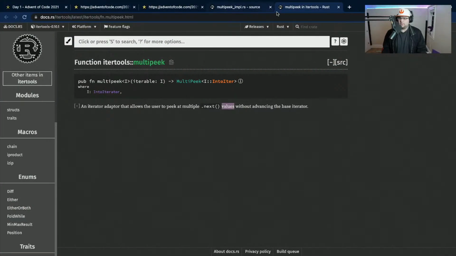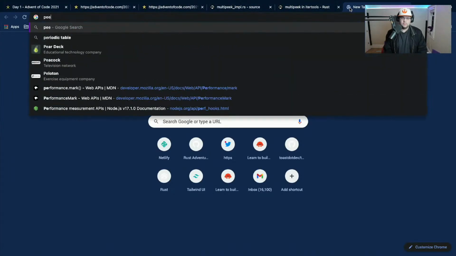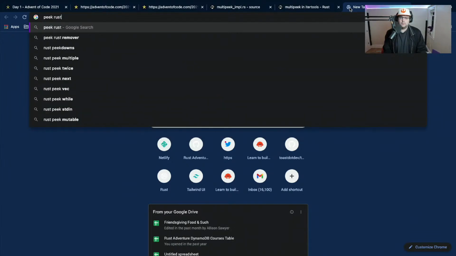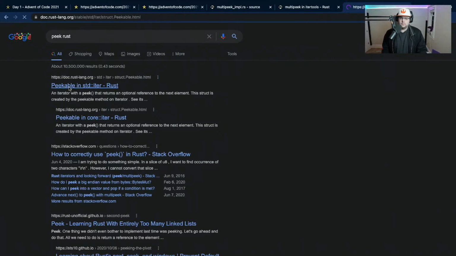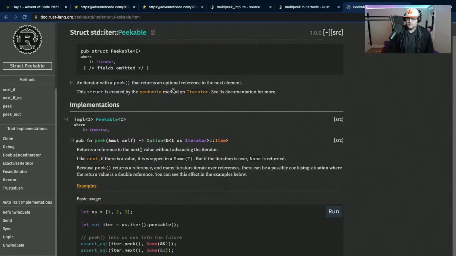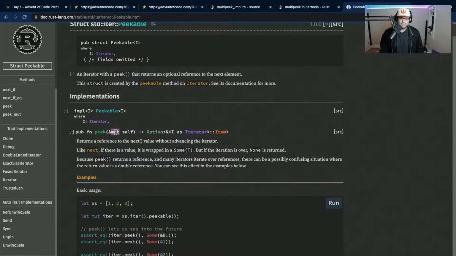Peek isn't mutable, right? Oh, it does take a mutable self. I should have looked at that before.